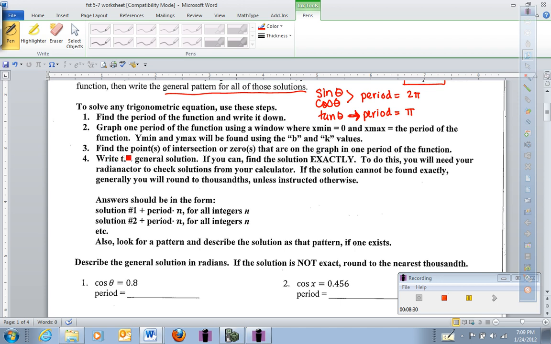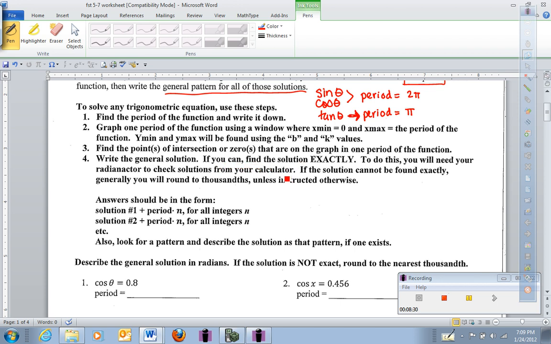We're going to find any point or points of intersection or the zeros, depending on if we have the equation set equal to some number or to 0, that are going to be graphed in one period of this function. We're going to write down the general solution,